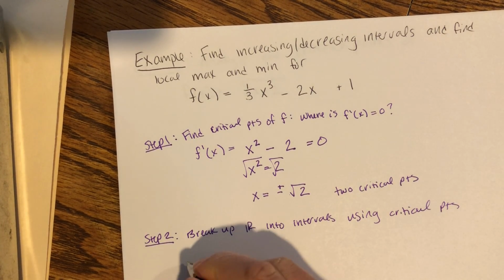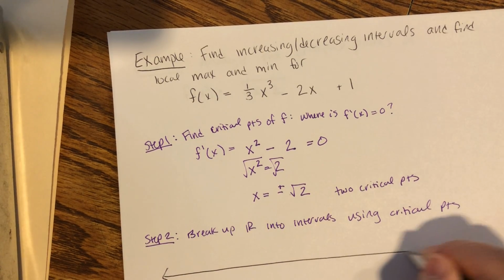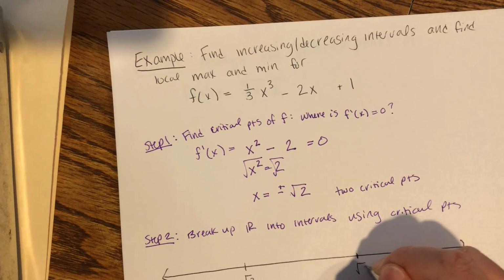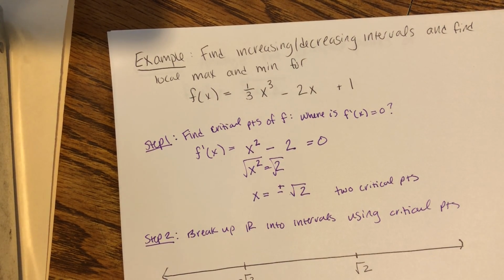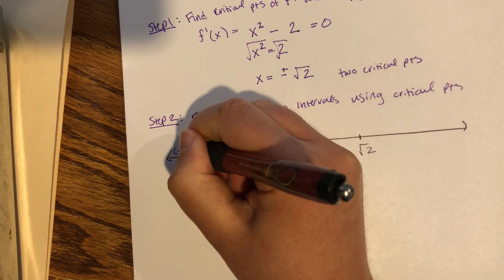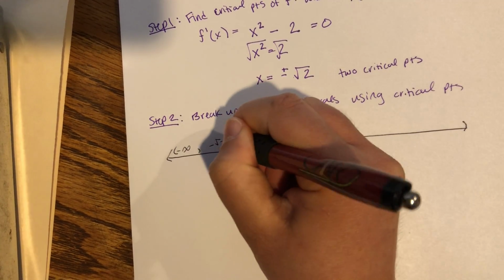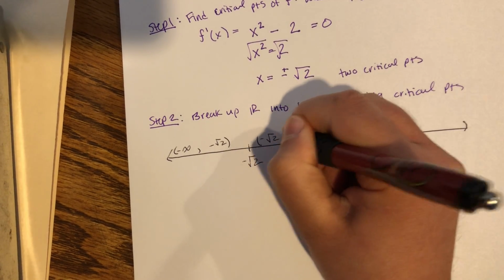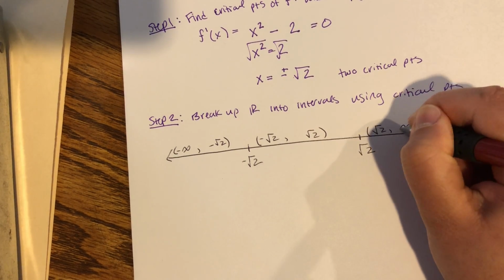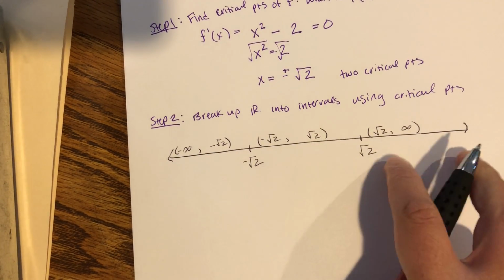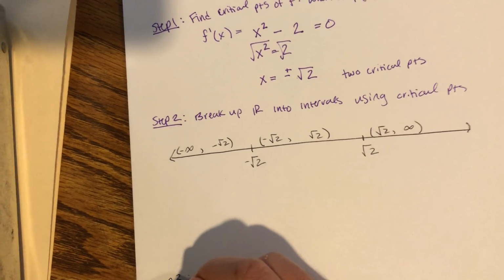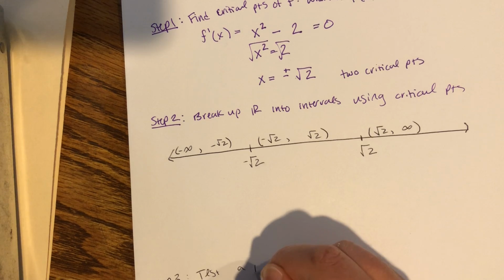Okay, so our critical points are negative square root of 2 and positive square root of 2. And we've already done that, so our intervals here would be negative infinity to negative square root of 2, then negative square root of 2 to positive square root of 2, and then positive square root of 2 to infinity. So we have 3 intervals, and we can move on to step 3, which is to actually test a point in each interval